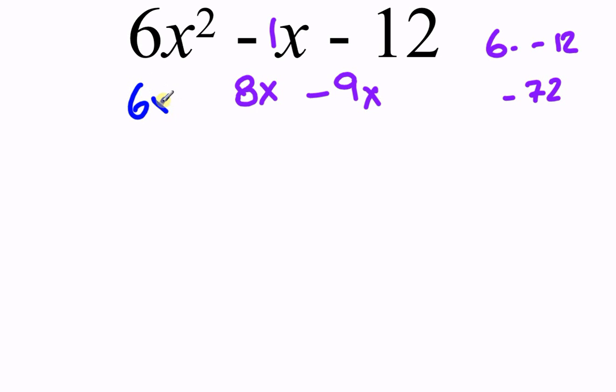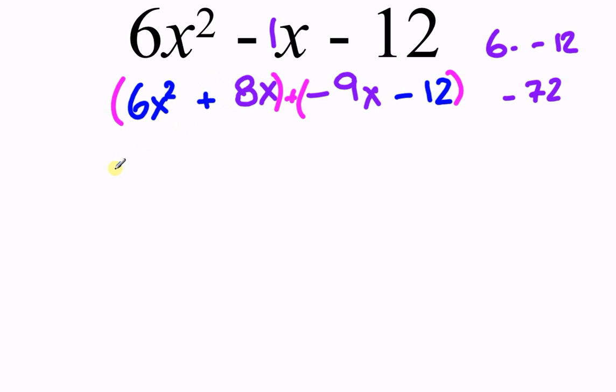So this 6x squared is still going to be here. This is going to be a plus 8x, this is positive, this is negative, and the -12 will still be here. And now I'll do that grouping method that we did on the first slide. So I'll group these 2 together, I'll group those 2 together, and I'm going to put a plus in between here just so it's not wrong. So first two, GCF, I can't take a 6 out of both because 6 doesn't go into 8, but